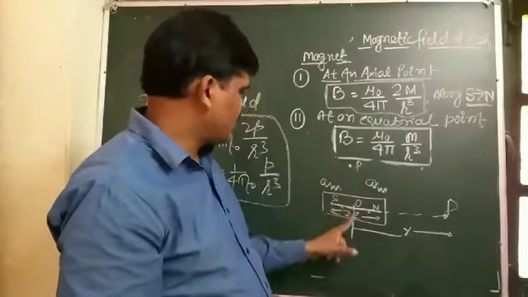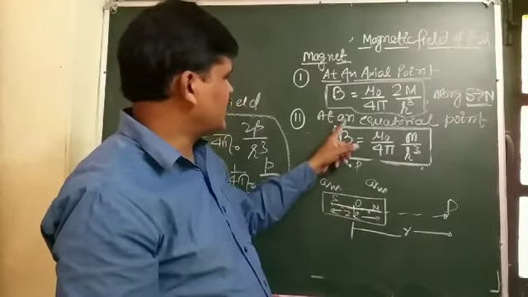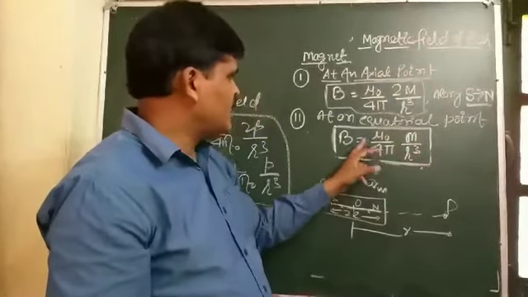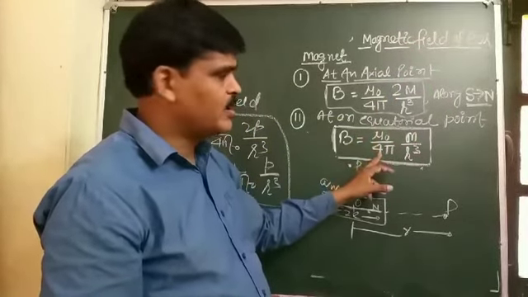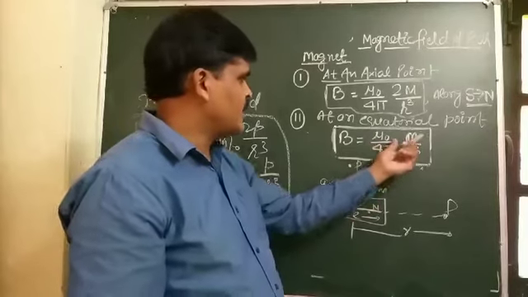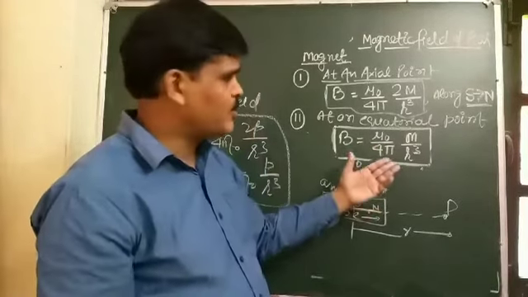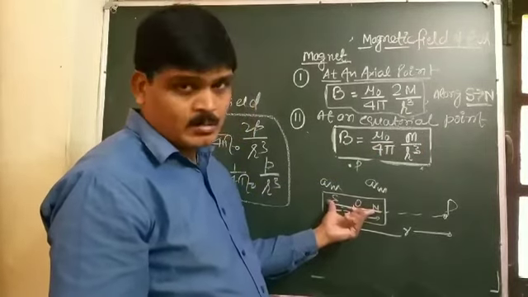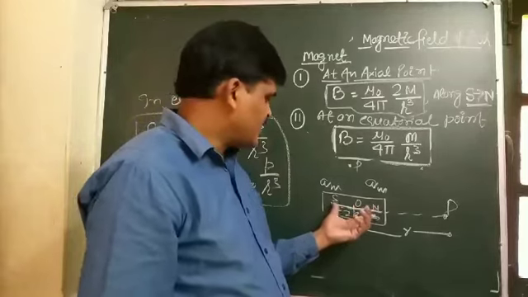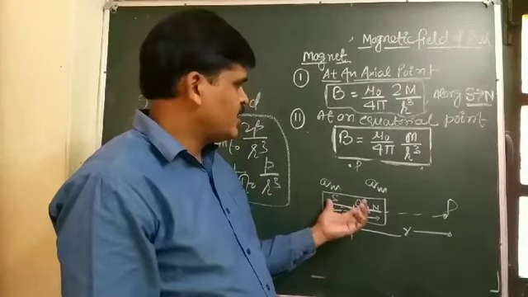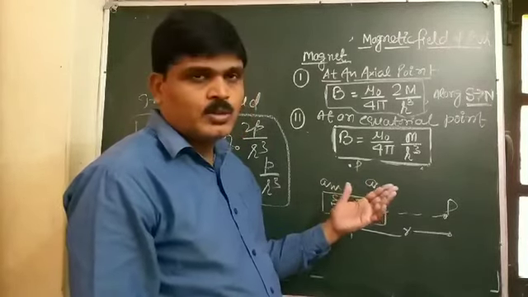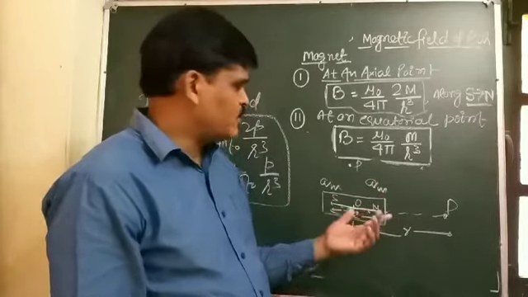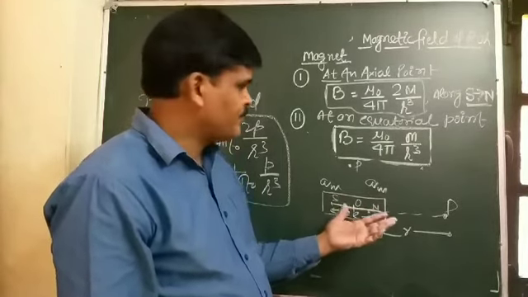In the same way, the magnetic field at an equatorial point due to a bar magnet or magnetic dipole, mu naught by 4 pi, its value is 10 to the power minus 7, you know that M is the magnetic dipole moment, because a bar magnet behaves like a magnetic dipole, it has a magnetic moment. For a bar magnet, M equals Qm into 2l, and for a circular current loop, M equals I A.